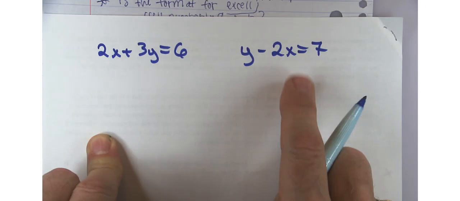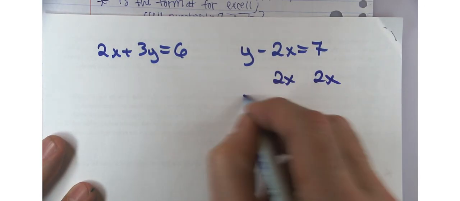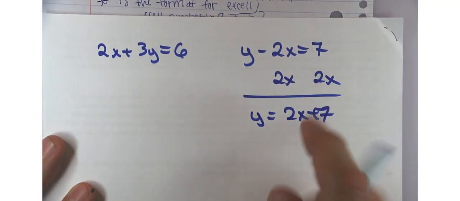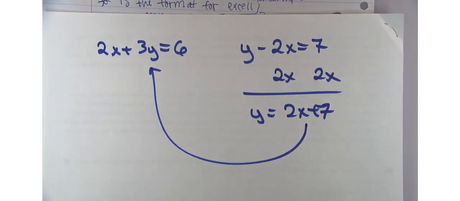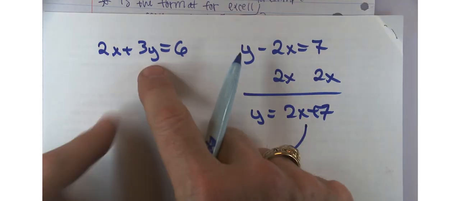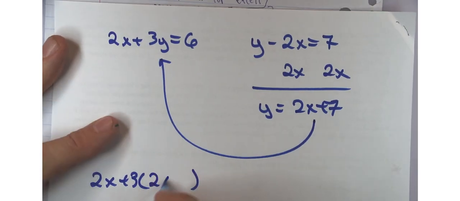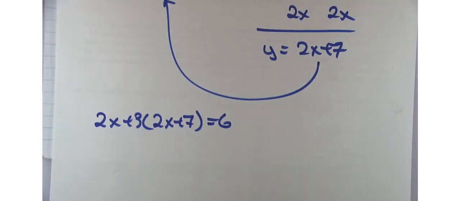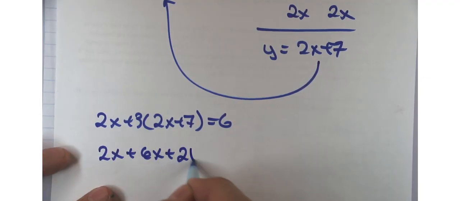What do I have to do to get y by itself here? Add 2x to both sides. So it's going to be y equals 2x plus 7. And then I can take this expression and plug it directly into here. I don't need to solve for y in both of them. I've got my y there. So it'd be 2x plus 3 times my 2x plus 7 equals 6. And then you go ahead and finish solving from there. So if I distribute, 2x plus 6x plus 21 equals 6,